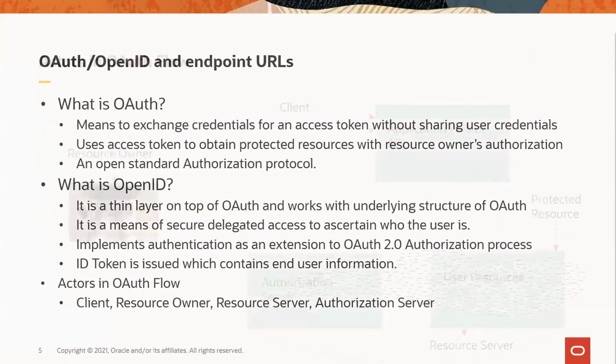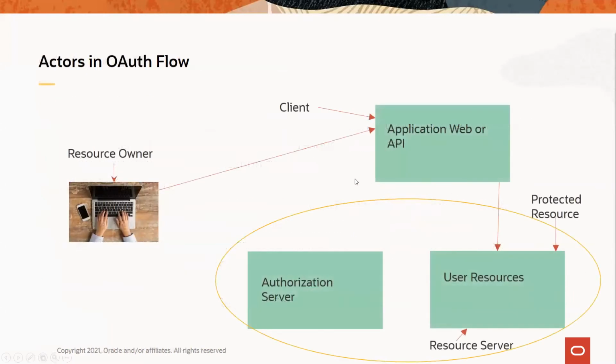Then moving further, the different actors in the OAuth and OpenID Connect flow. We have the resource owner who owns the resource, and we have a resource server which holds the resource and accepts tokens and presents it to the client after getting the authorization or consent from the user. Then it has an authorization server. Basically, it issues tokens and validates tokens. It has the burden of security to ensure that access is given to the rightful client within the authorized scope. And we'll talk about scopes in the coming slides.